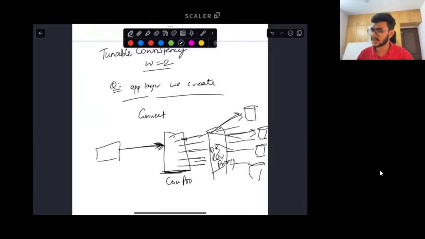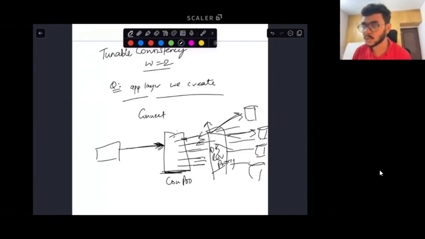And as soon as it receives a successful response from at least 2 machines, something like using a, what do you call it, what is this data structure called? I'm forgetting the data structure, but when you get 2 threads that have responded, as soon as you get a successful response from them, you can just let the client know that hey, so and so thing has been done. So you don't have to create 2 connections yourself.